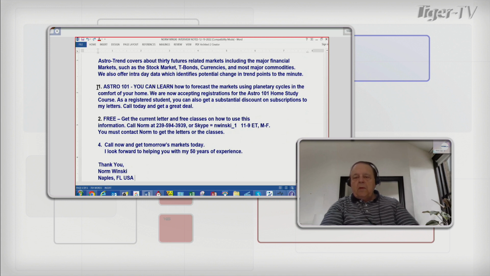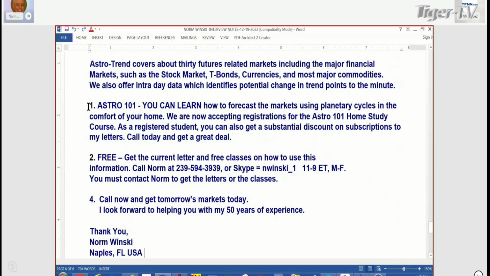Let me just invoke one of my rules, and I laugh about this, but it's true. My system is based on the idea that the less you think, the better you will do. So the fact that he's asking me to make a choice, that's contrary to what I'm trying to do.